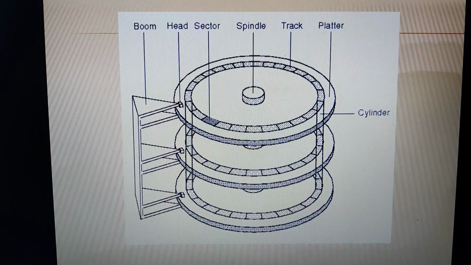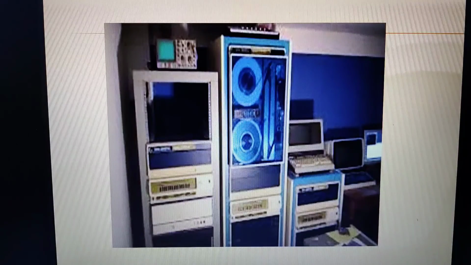So it is a recording medium that consists of a thin tape, a strip of plastic coated with magnetic recording medium. This is a serial access medium. Therefore, we cannot directly locate or access the data, and we cannot play it randomly. I hope you are able to understand the concept of the magnetic tape reader. You can see here they have placed the magnetic tapes. These are the early versions of the systems, how they were using magnetic tapes to record the data. I hope the concept is clear.